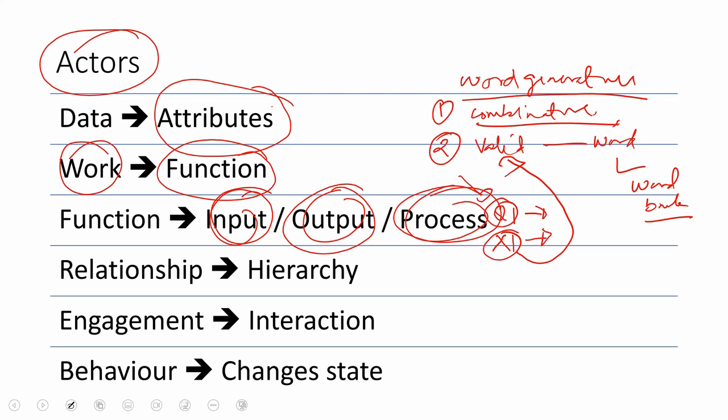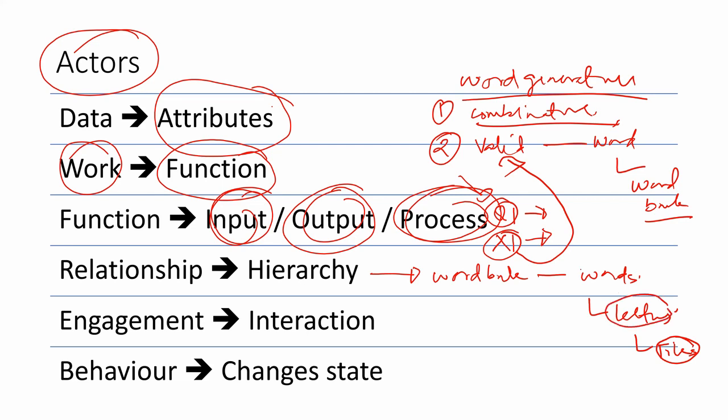So relationships basically describe, is there a connection? Is there some kind of a connection between elements or actors or characters in the scope that you analyze? For example, word bank. What is the word bank formed of? The word bank is formed of words. What are words formed of? Words are formed by letters. What are letters formed of? Letters are formed of tiles. What is this? This is a hierarchy.